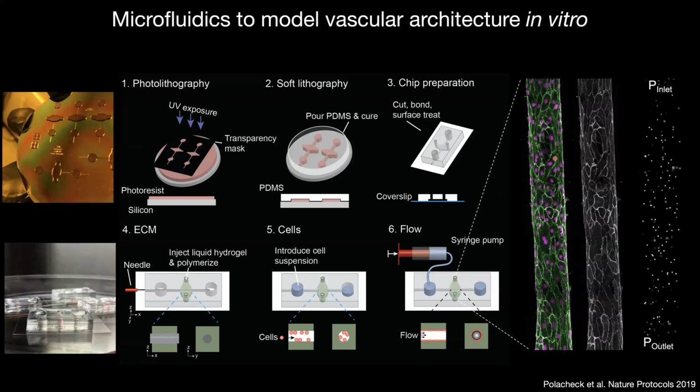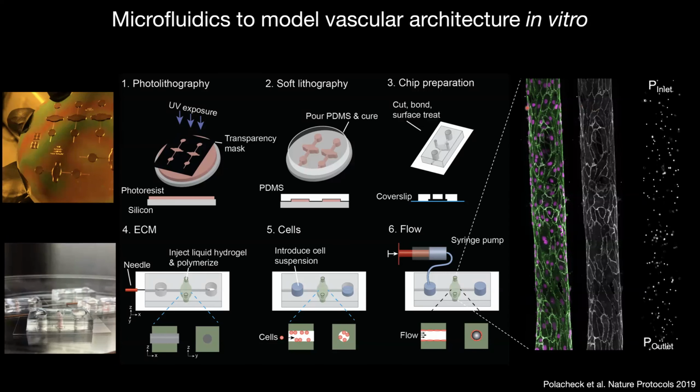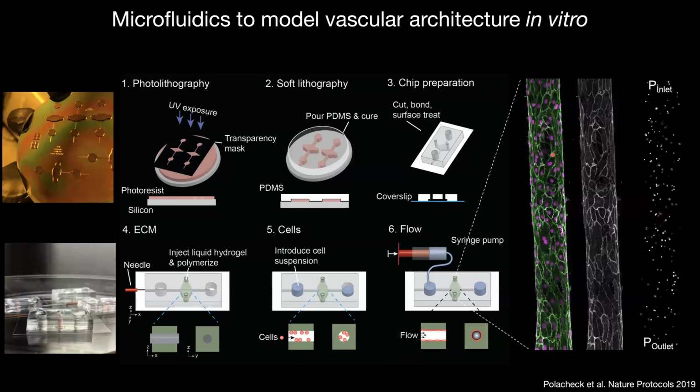This is an example image, actin in green and DAPI in magenta, and the same vessel with VE-cadherin immunostained and shown in gray here. This vessel is about 160 microns across, and it was formed with human dermal microvascular endothelial cells. And this is a maximum intensity projection, so it's a little bit hard to see the geometry, but what we're looking at is